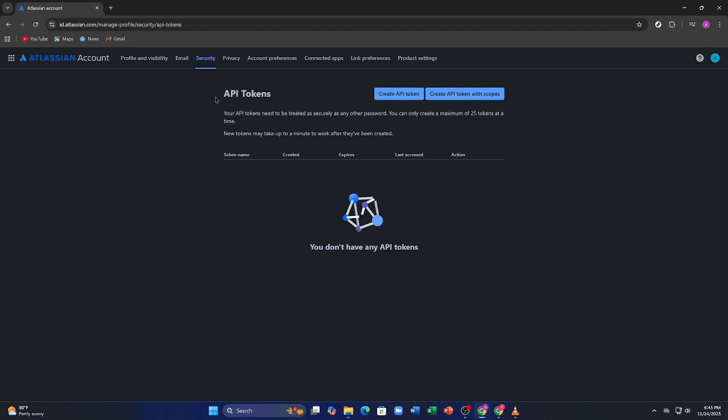Let's get into it. All right, first thing, go ahead and sign into your Atlassian account. Just use the same email and password you use for Jira. Once you're in, look up in the top right corner and open your account menu, then click the option for